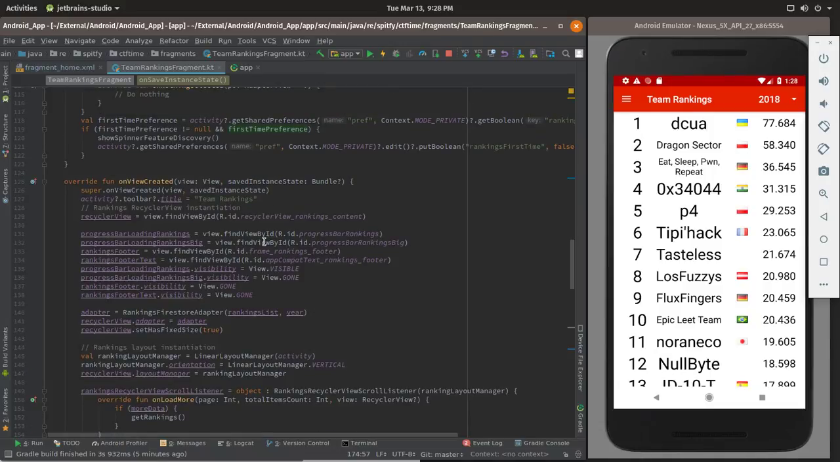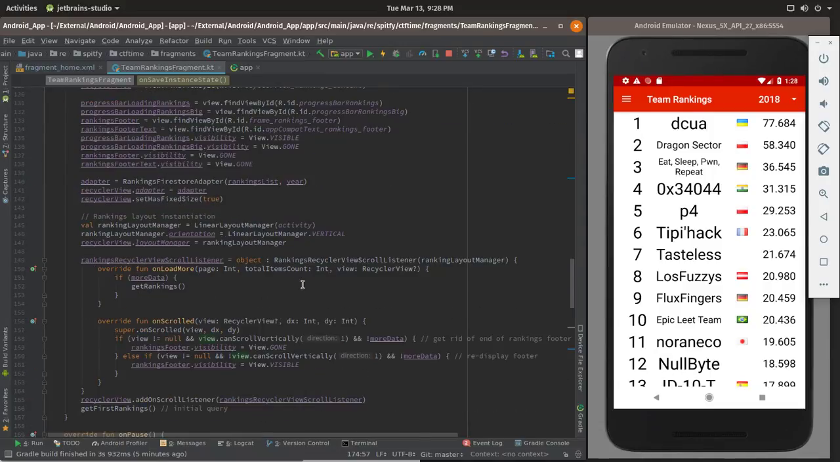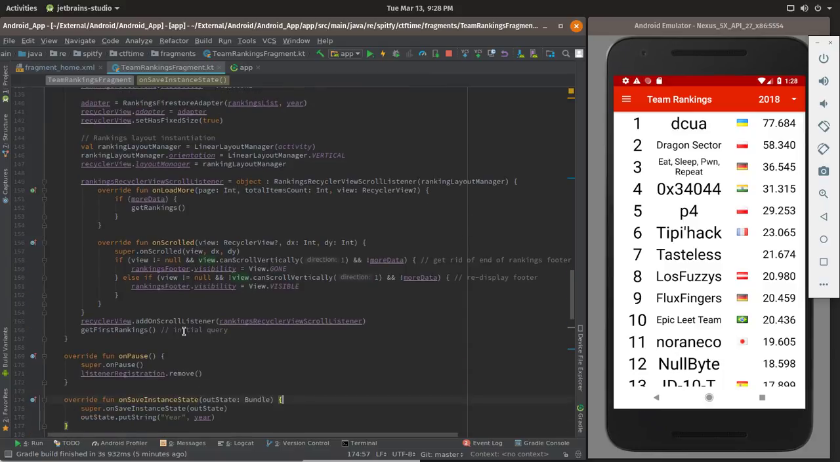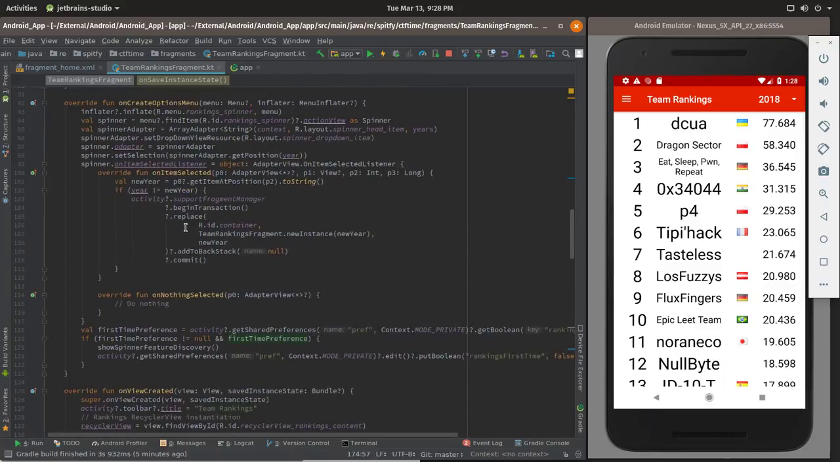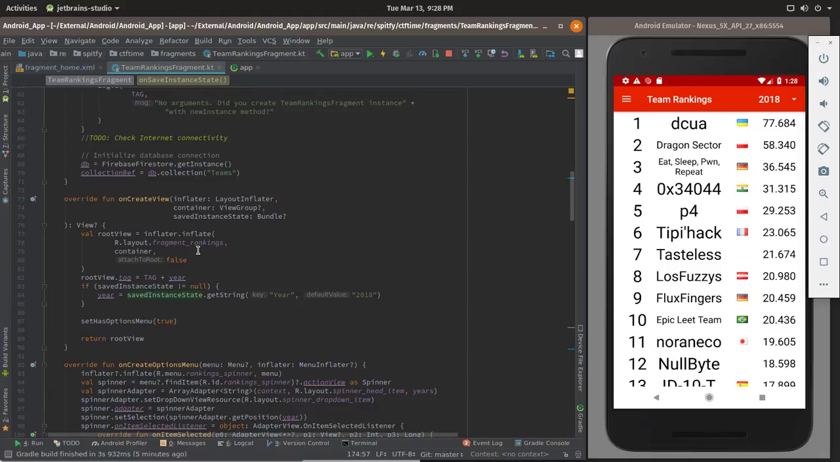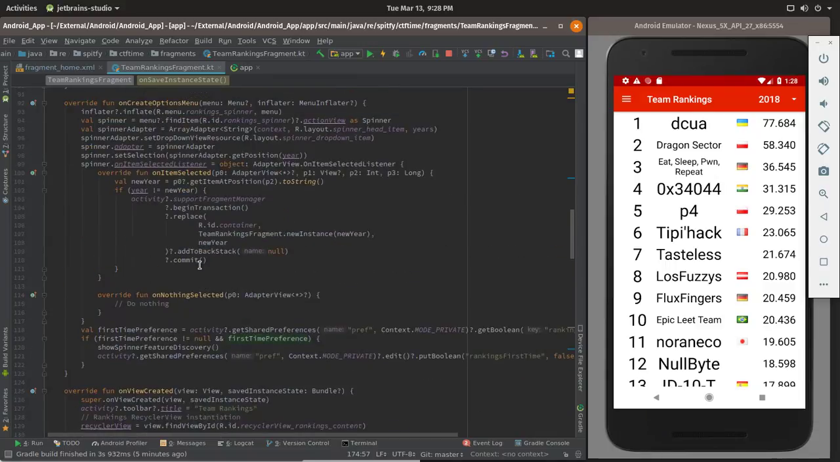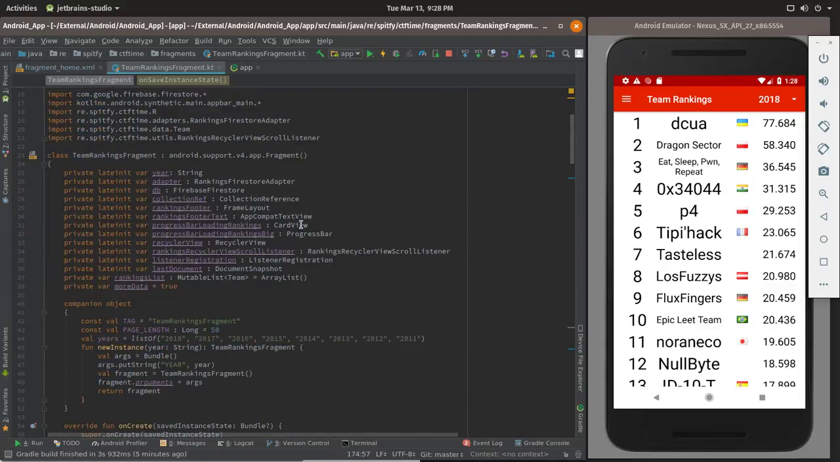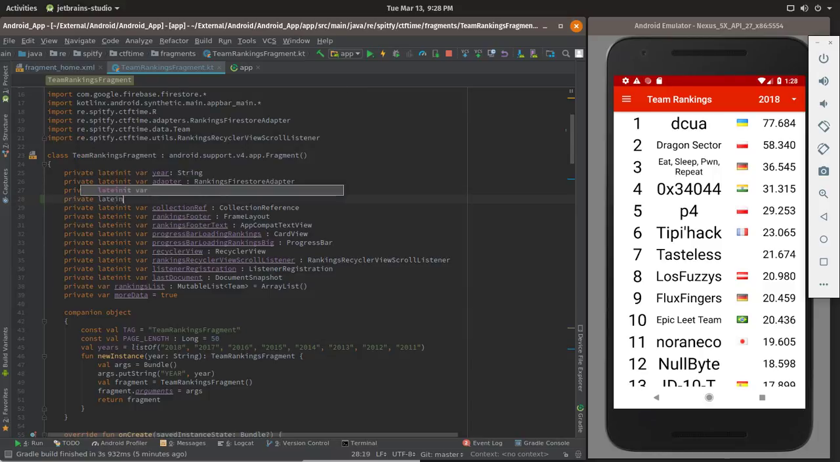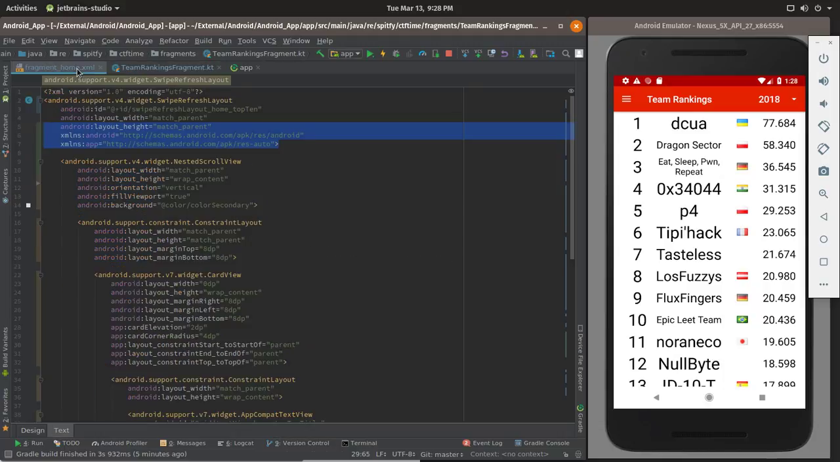So let's see. Huh. Add it here. Alright, so first thing is creating a swipe refresh layout up here. Then I gotta